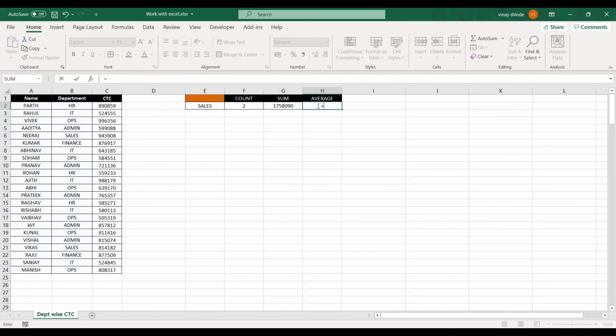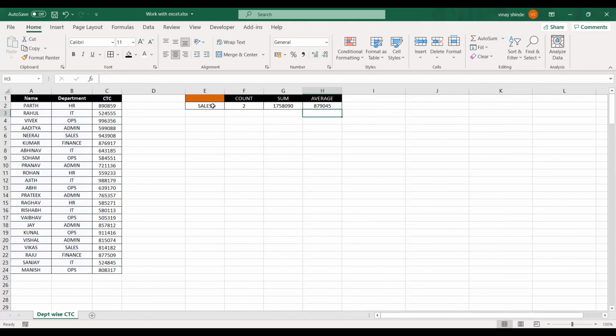Similarly, I'll do it for average if is equal to average if, my range is this one, that is department column. Then criteria is my cell reference, that is E2, and I want to calculate average of salaries or CTC. So I'll select this column and I'll close the bracket and enter.